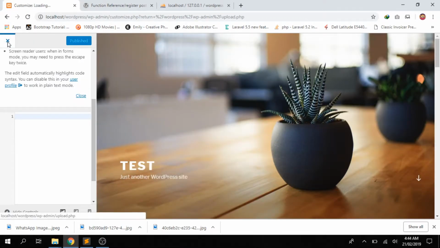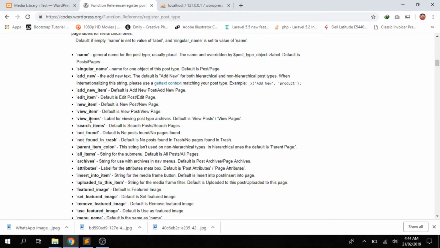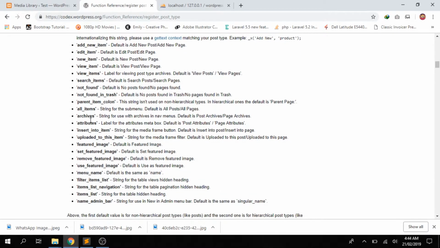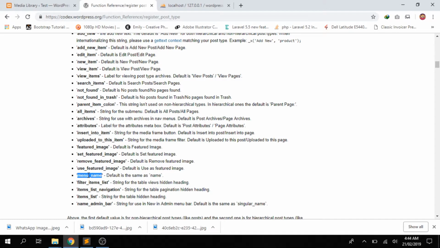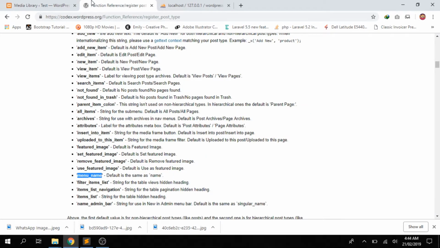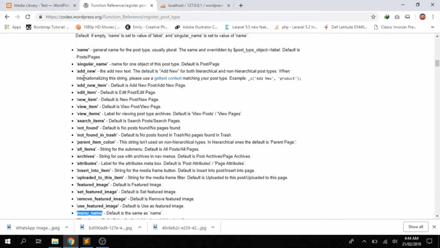If you want to show it at the admin bar, like here, you can use that as well. You can use menu name as well. If you pass the menu name, then it will be shown here in the menu, and you can use other bunch of stuff, like you can use icons for that, and maybe